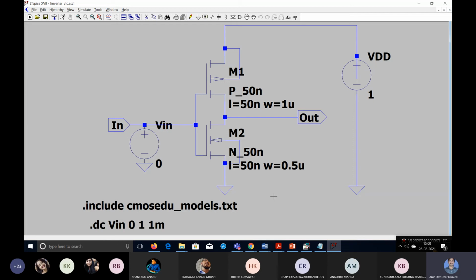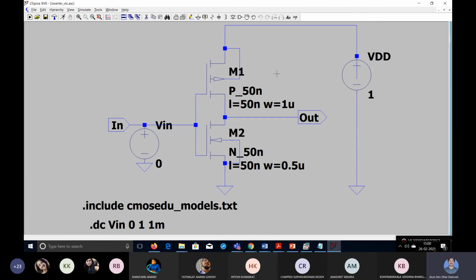to make, by connecting different inverters. The first inverter's output is connected to the input of the second inverter, then the output of the second inverter is connected to the input of the third inverter. In this way, either 3 stage or 5 stage or 7 or 11 or 17 stages, all odd numbers of inverters are connected. At the end, the final output of the last inverter is connected to the input of the first inverter. So that type of ring oscillator will be designed, and in that we can use the symbol.